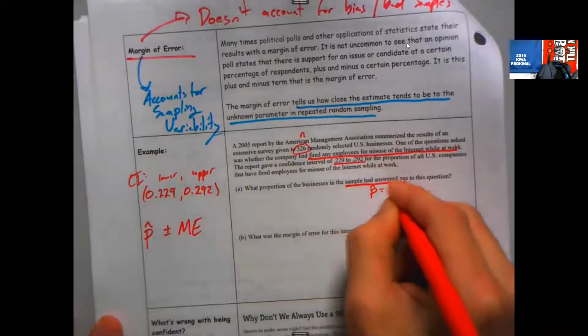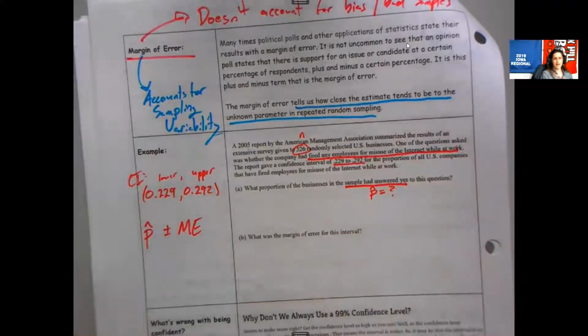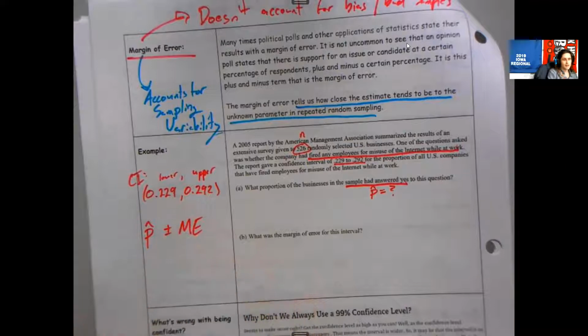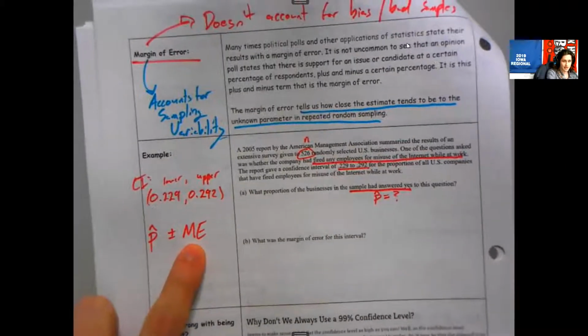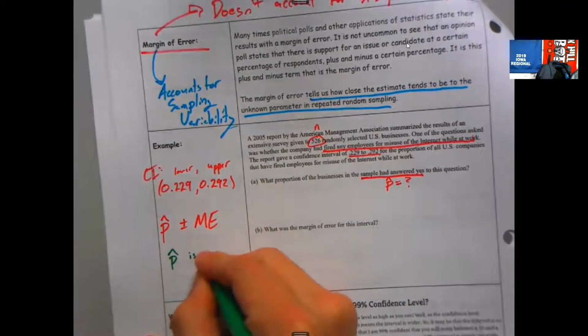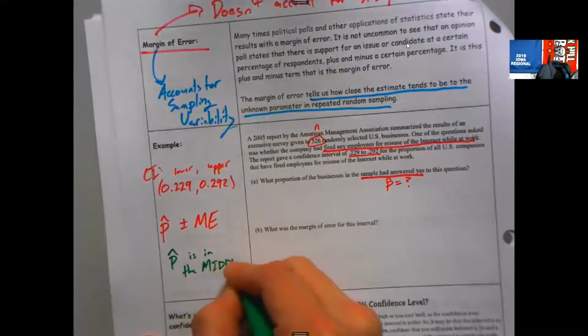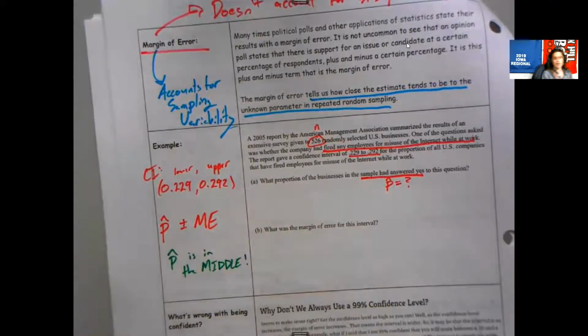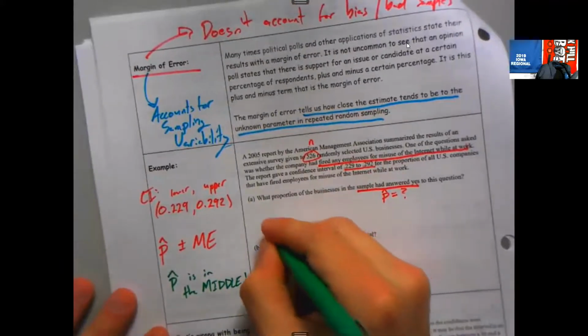So we have to say, what is p hat? Well, how do I find p hat? P hat is in the middle of the interval. Notice, if we add and subtract the same thing, our p hat is in the middle, because we've added and subtracted the same value, the margin of error. So if we want to find p hat, it's the midpoint. P hat is